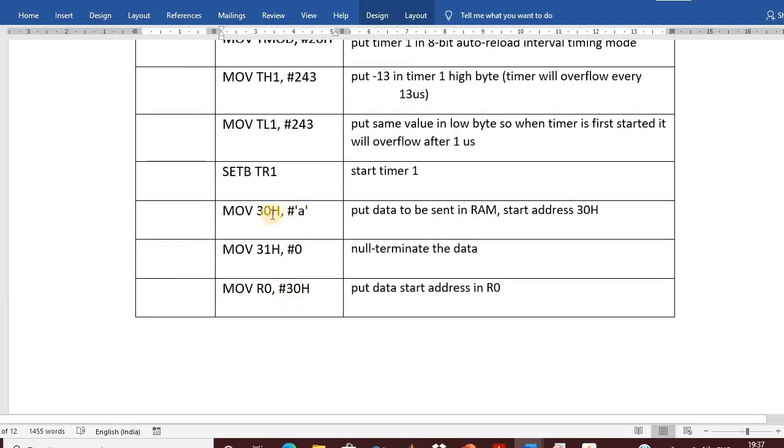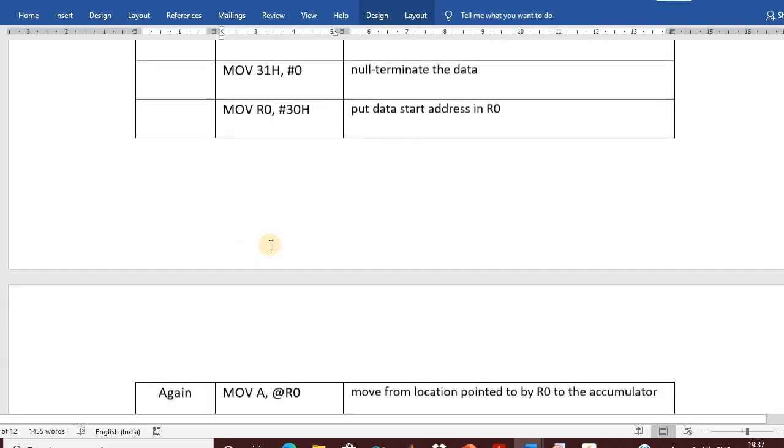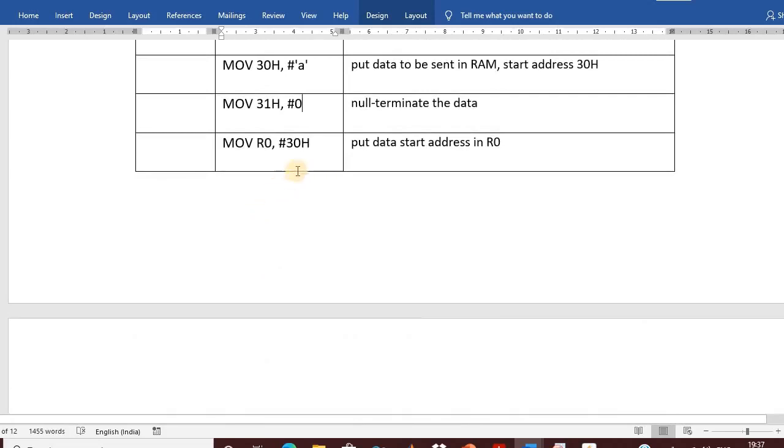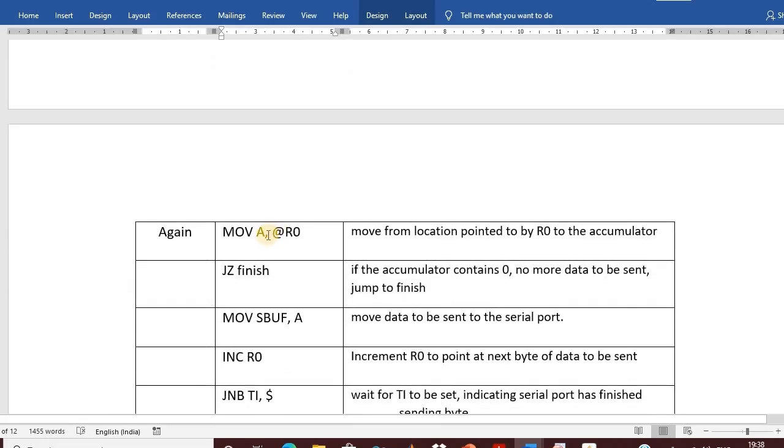the data is stored to 30H and then I will put the data in register R0, because we cannot transfer data to the serial buffer register directly from the address. So I'm going to take the data to the R0 register. For that, in R0 I will store #30H as an address and MOV A, @R0. What is the value in R0? 30. @ means it's the indirect data addressing mode. So whatever value is in the 30H address will be copied to the A register.